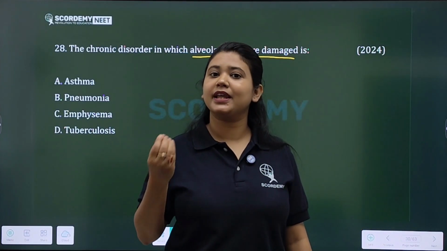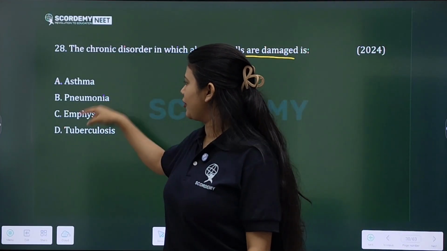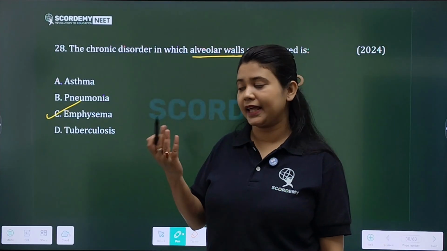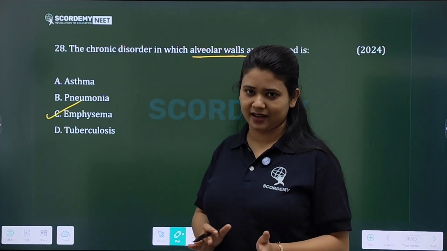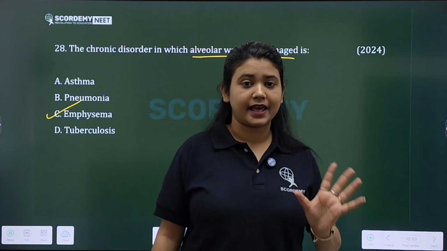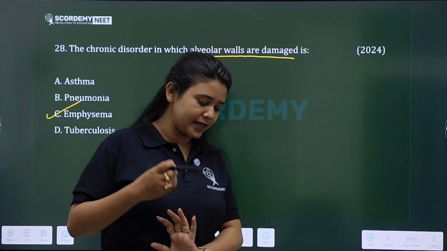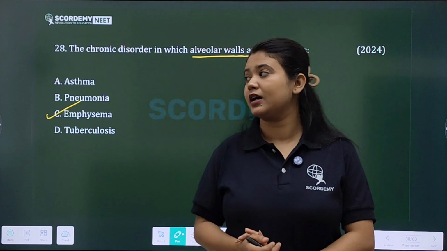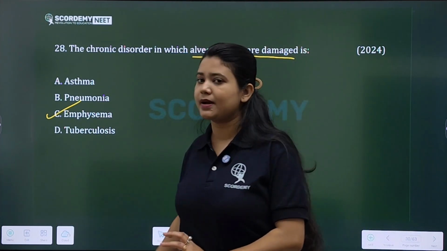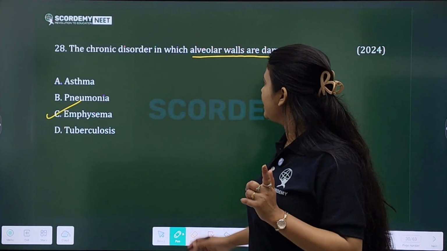exchange of gases. That means breathing difficulty will occur, right? So which one will it be? The answer will be your emphysema. Remember emphysema like this: a short trick, emphysema means empty air sac. See, emphysema is caused mainly by your smoking. Smoking damages the alveolar walls, isn't it? So see, the cause of emphysema is your smoking, one of the leading causes of this condition in which your alveolar walls